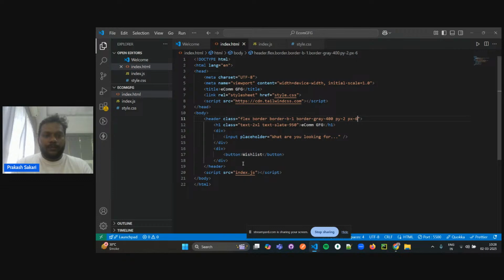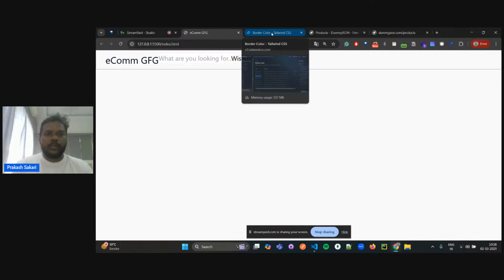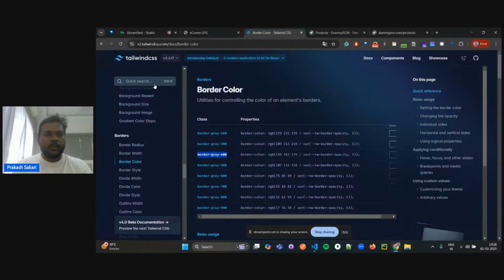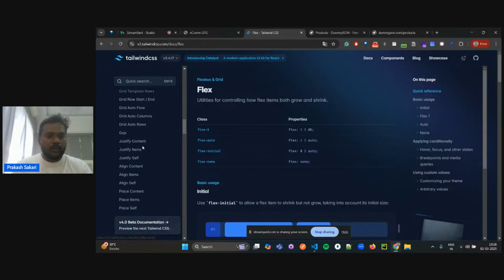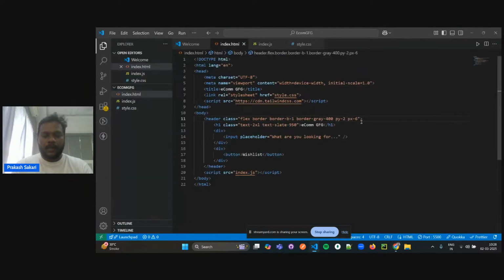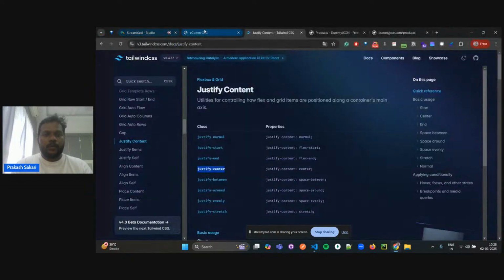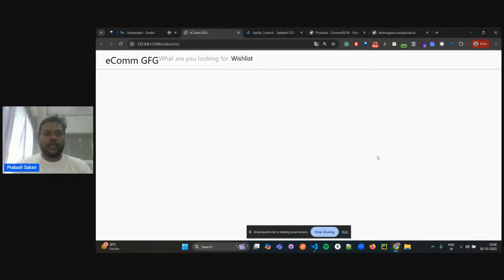Cool. What I also want to do is I just want to bring everything to the center, right? Or I want to add equal spaces between all of them. So if I just go to flex, right? So over here, there will be justify content. So I want to add space between them. So if I just do justify center, I'll just take this justify center and add inside the header over here. So, okay, obviously it is going to bring everything at the center. I don't want everything at the center, but I just want to add gaps, or let me just say I just want to